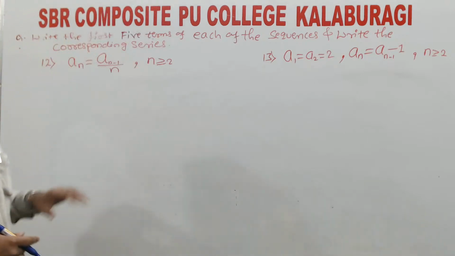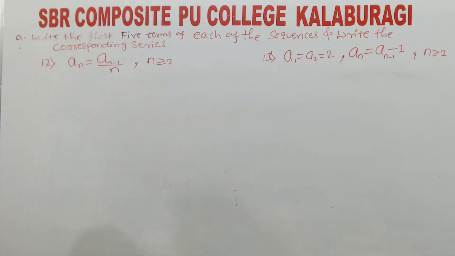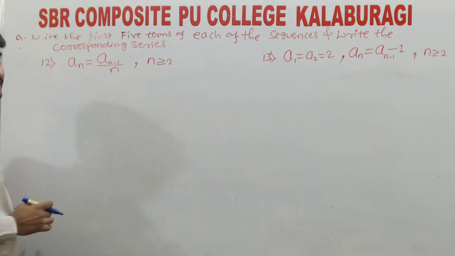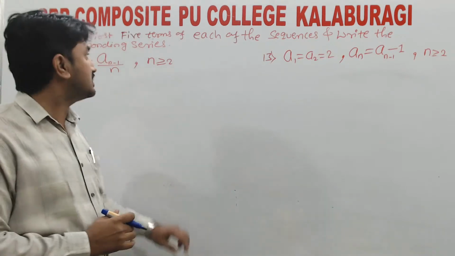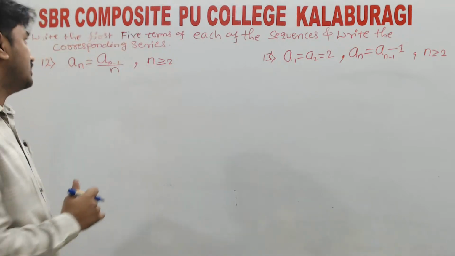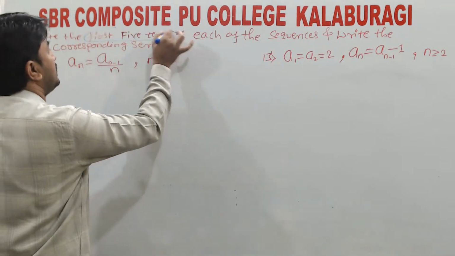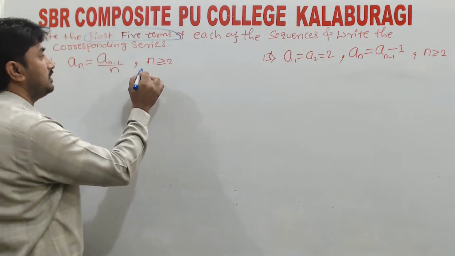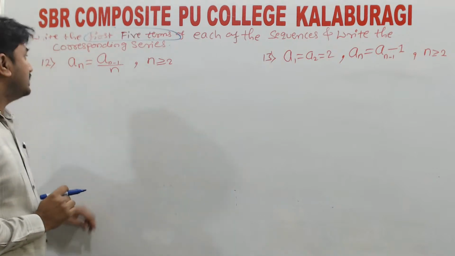So we go to the 12th question. a_n = a_{n-1}/n. Already your condition is the same. Write the first 5 terms. As you know, I have already solved many examples of first 5 terms. It means I am taking n equal to